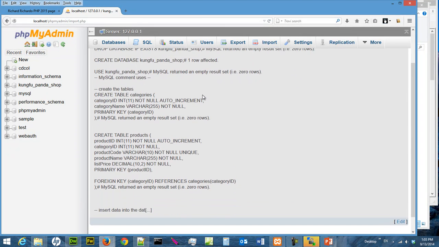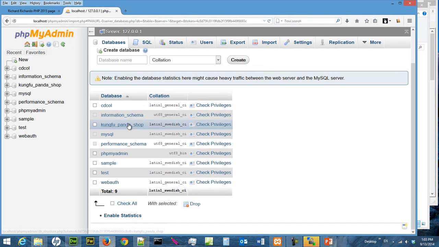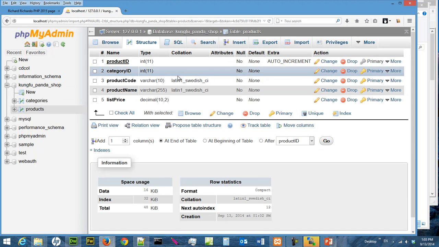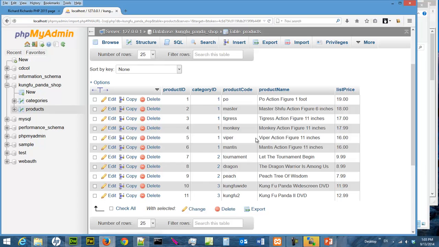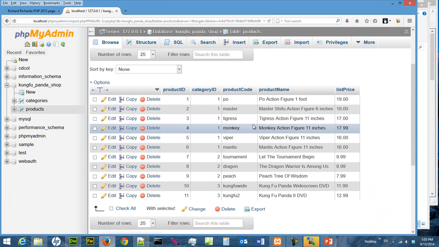Everything is created. If you go to Databases, you realize there's a new database called Kung Fu Panda Shop being created. You click on that and go into Kung Fu Panda Shop. You have two tables. One is called products, and the structure is the same as your MySQL file. When you browse, you will see the data being inserted into the products table. Obviously, this Kung Fu Panda Shop sells action figures